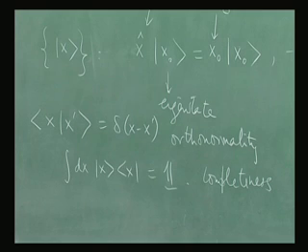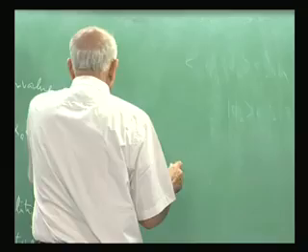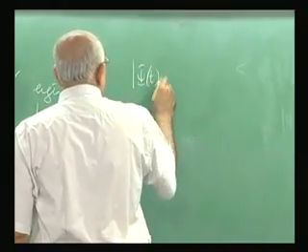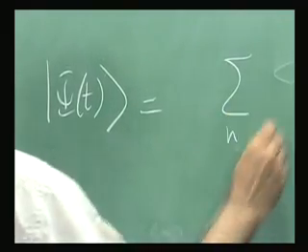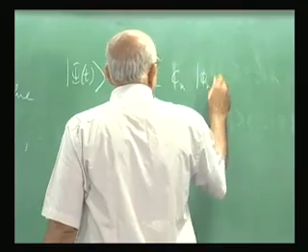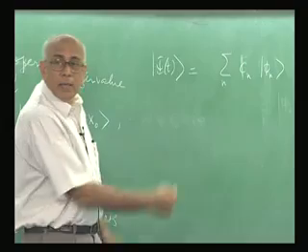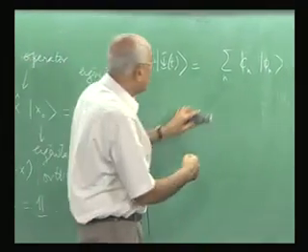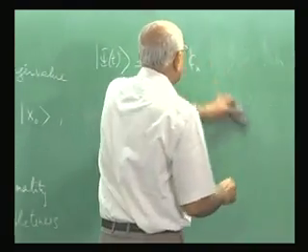Now we come to the probability interpretation, because if you give me an arbitrary state of the system, psi of t, I can expand this psi of t in this orthonormal basis. Therefore, I can write this as a summation over n. If I have an orthonormal basis labeled by a number n, it is of the form Cn phi n. That is the way you normally would expand this. But now I must replace this by an expansion in a continuous basis. Therefore, I have an integral here over dx, and I have an |x> here,